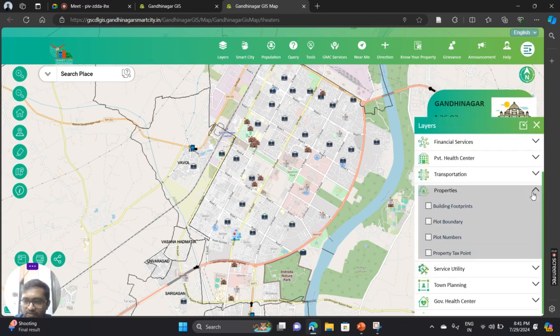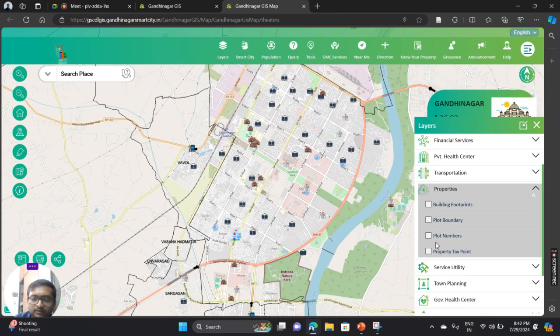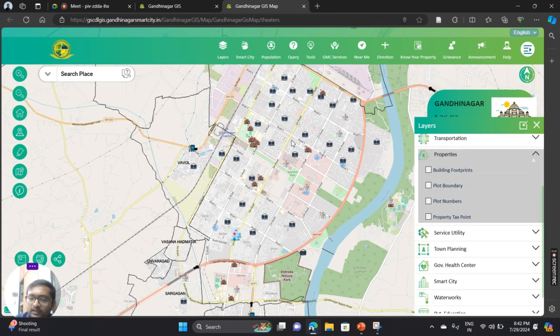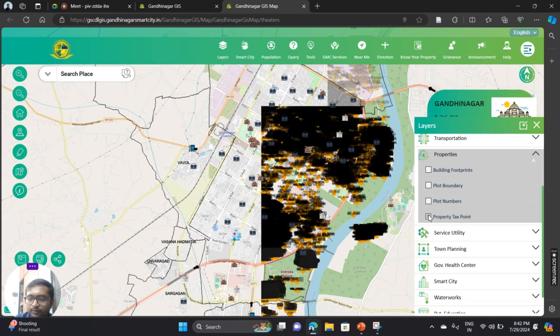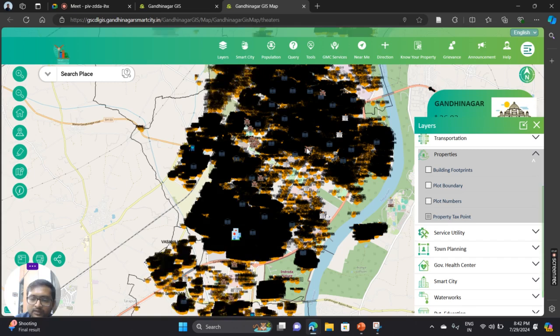Then you have properties. So over here, the footprint of the building, cadastral boundary of each and every parcel, or like the legal boundary of your building or plot. So you can also find out the plot numbers. Then how much property tax is remaining at that particular location. So you can just click on that and it will show you the in-depth